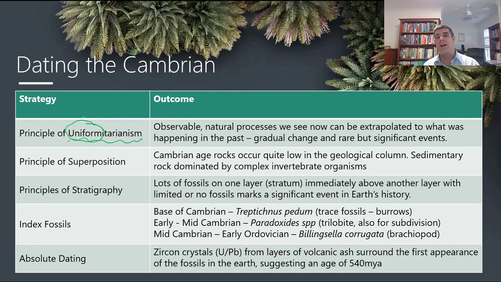These changes are very gradual and very rare, but occasionally we see some very significant events, some significant change away from that gradual process that jumps out at us and makes us think, is this contradicting the principle of uniformitarianism, or is it consistent with what we think about what's happened in the present being a key to what's happened